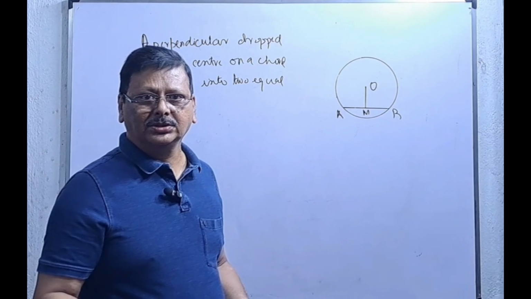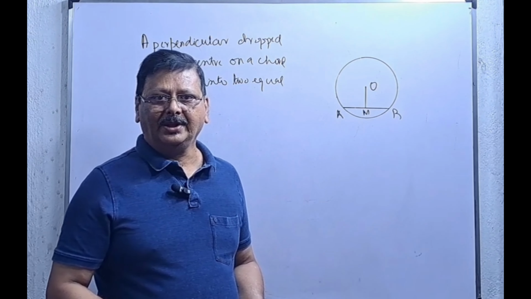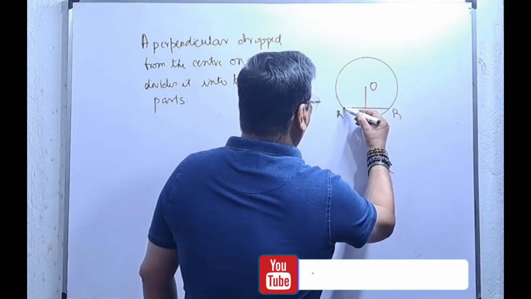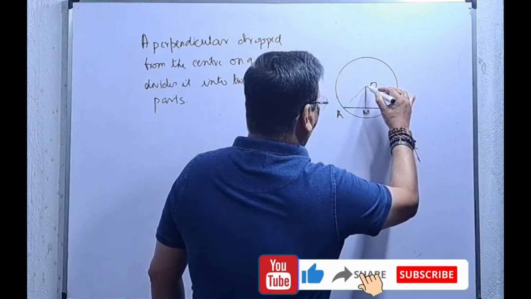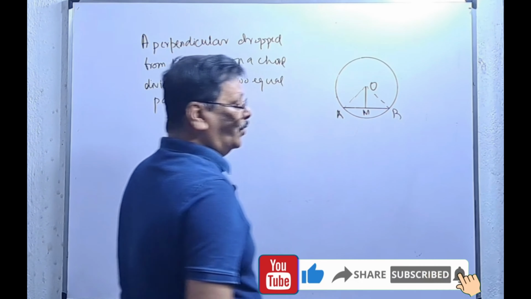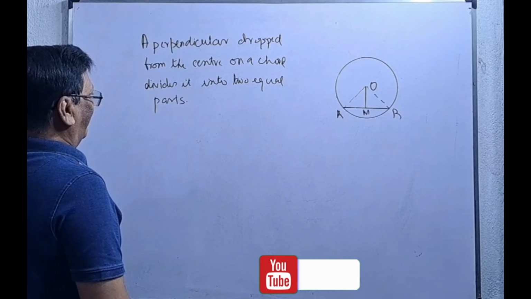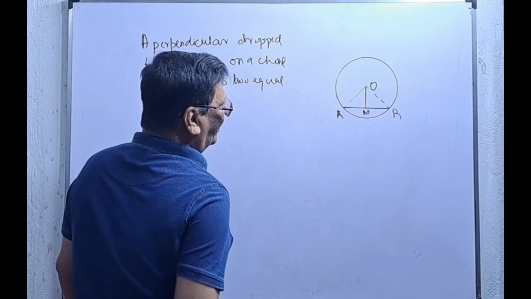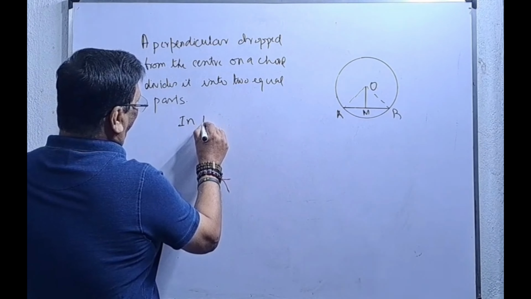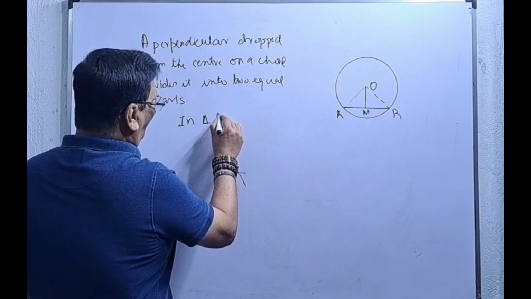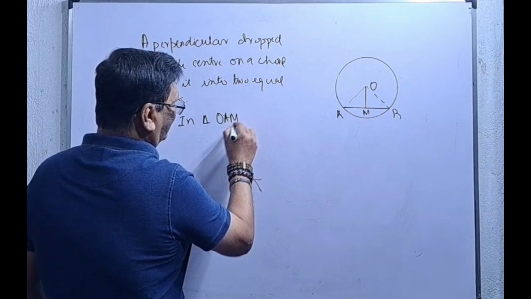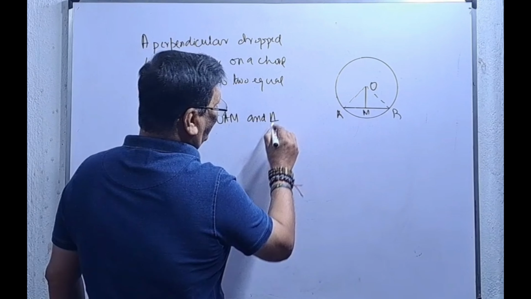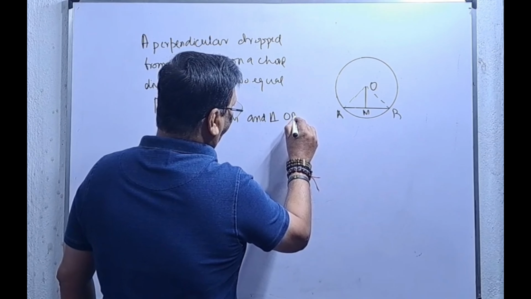Do you remember congruency of triangles? We had a number of classes on that. We use congruency of triangles to prove it. Have a look. We join AO and OB. This is M. In triangle OAM and triangle OBM,